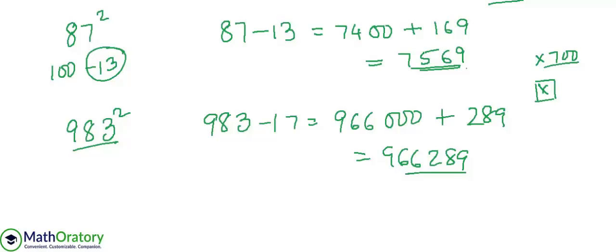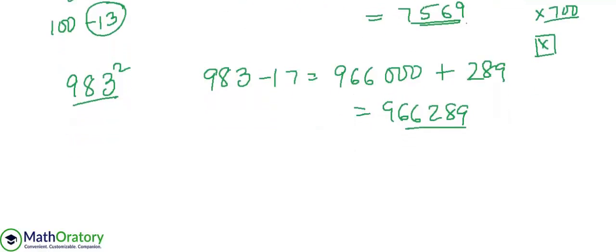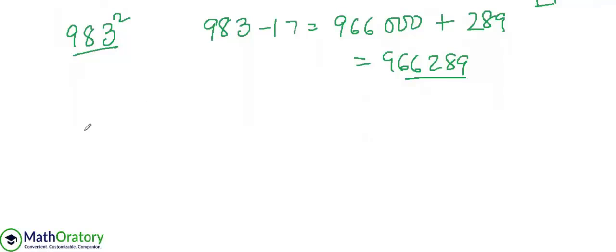So the next part that we're going to discuss is the numbers ending with 5. So let's say we have 65 square. Okay, so simple process. What you need to do is just 5 square is 25. So just write 25 at the end, and then apart from the 5 in this number, you have 6 here,